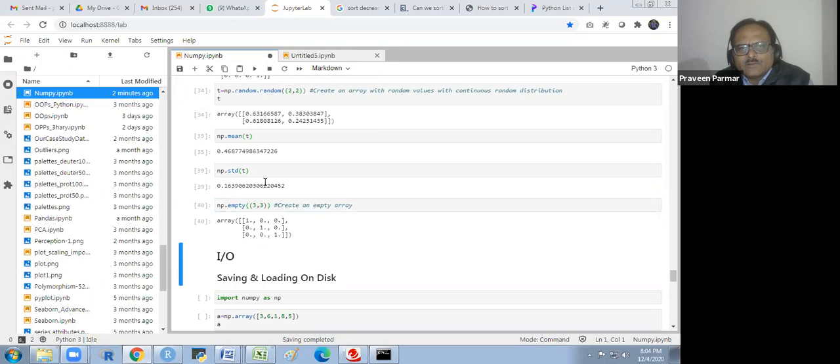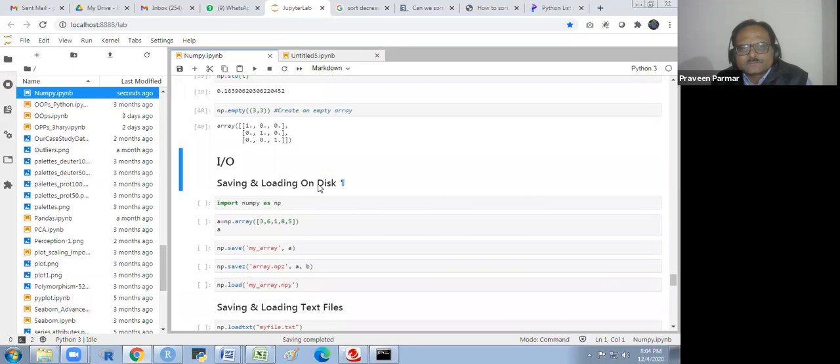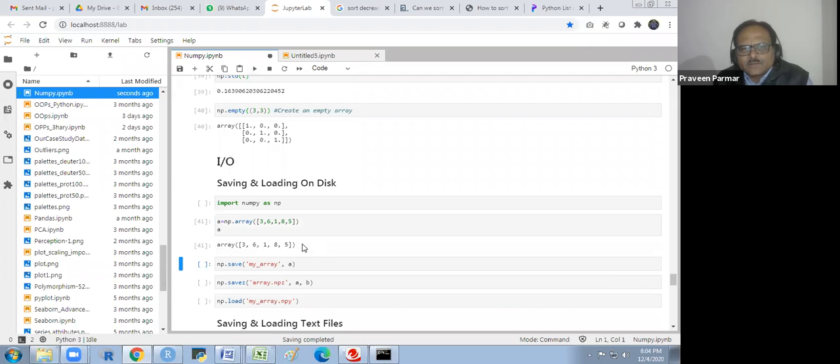If I make empty, I will get it in this way. That also gives me an empty array. That is the identity. Okay. So this is about the array. And NumPy array I am making, and I will show you this array. This array, and I save this array as a.